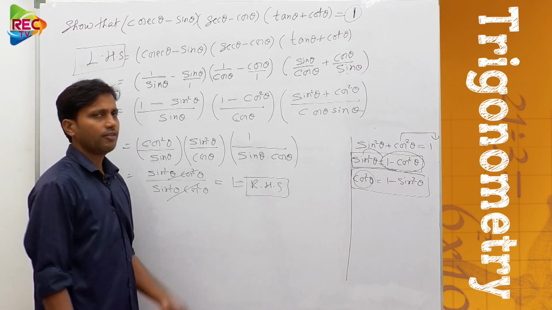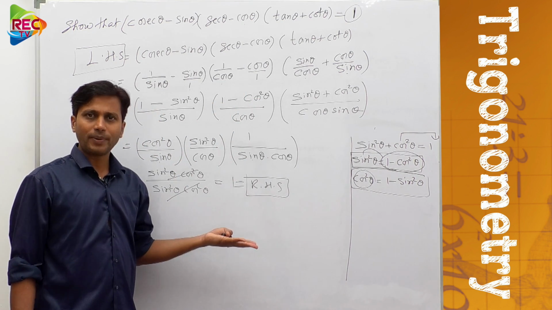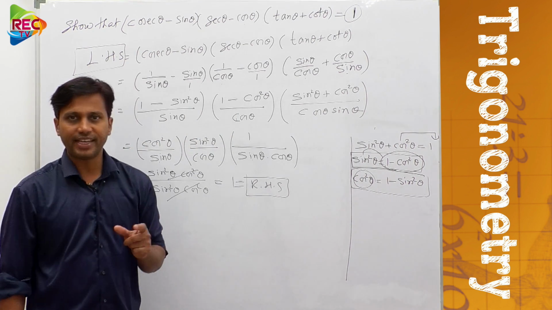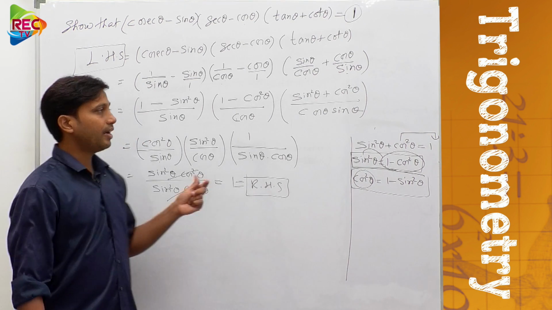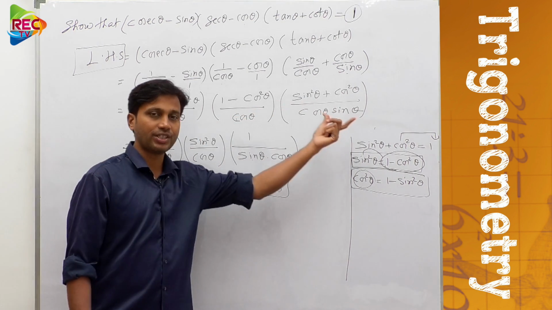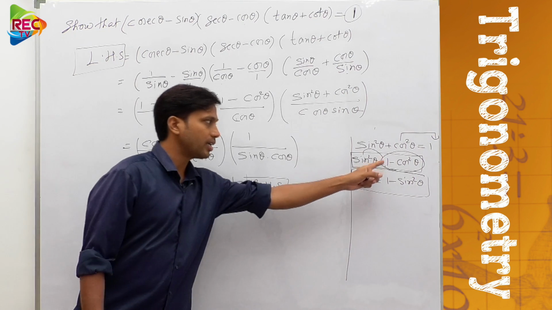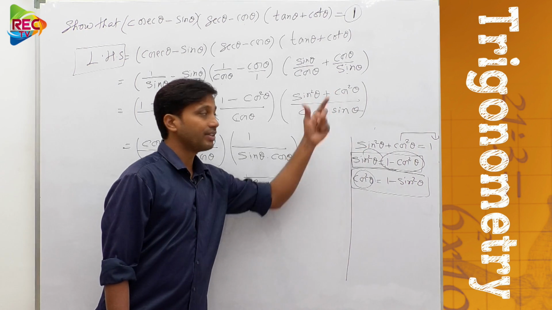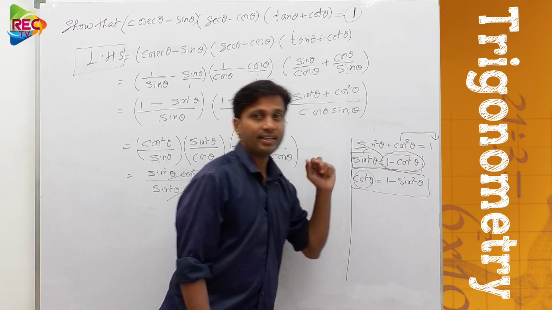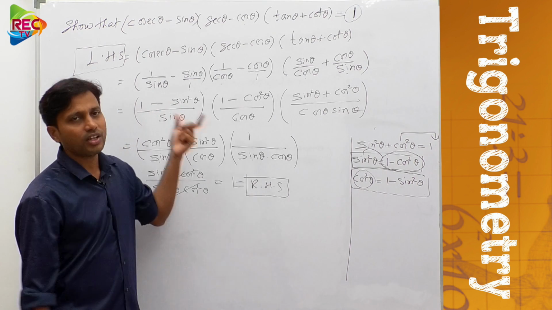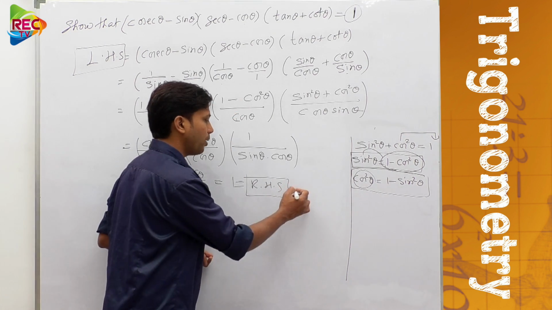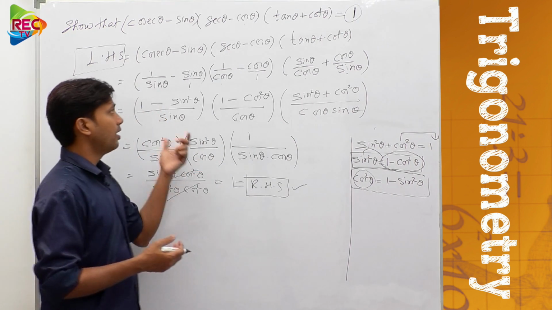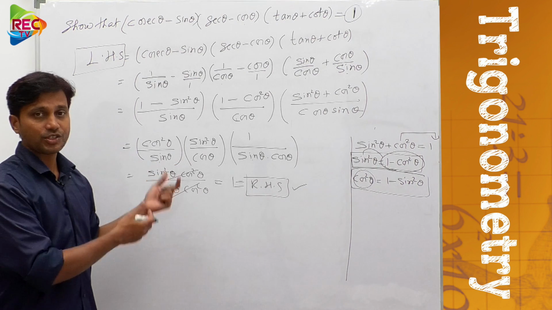So there is nothing more to solve here. In this problem there are no complicated steps. First of all we convert each expression in terms of sin and cos, then take the LCM of each individual expression, convert 1 minus sin square theta and 1 minus cos square theta, and use the identity sin square theta plus cos square theta. Finally, after cancelling the numerator and denominator parts, we simply obtain 1. This is the simplest problem from trigonometric identities. Like this we can solve.